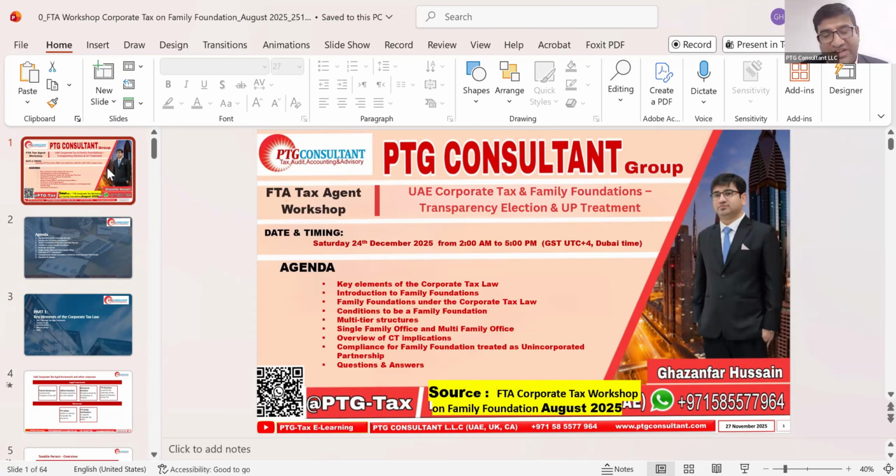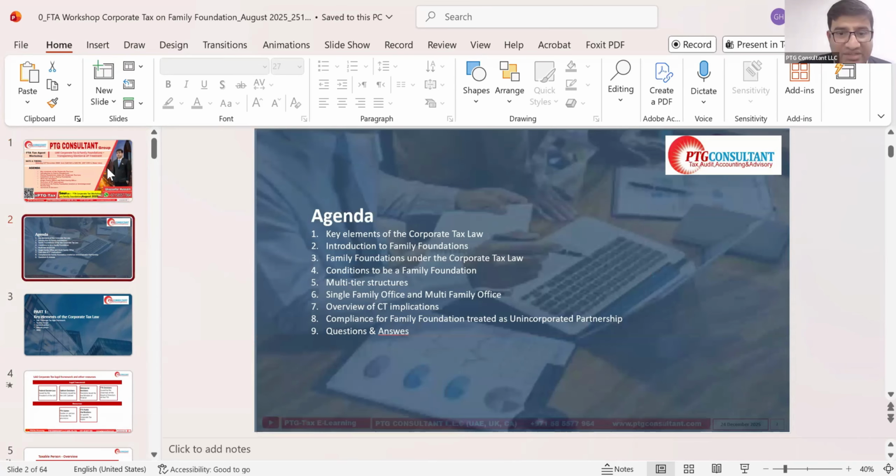We are going to dive directly into the application, how to apply for the transparency. But this is the core area that we are covering, and the same we already discussed. This will help us regarding today's coverage, the initial part of the family foundation, or we can say the initial family foundation without multi-tiered structuring. We will cover it today, and inshallah it will be helpful for everyone. So let's take the 10-minute break. We'll resume at 3:40. Okay. Thank you.